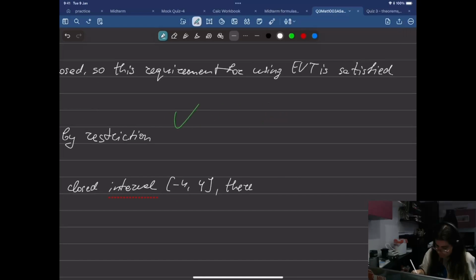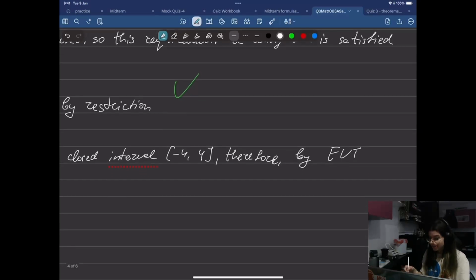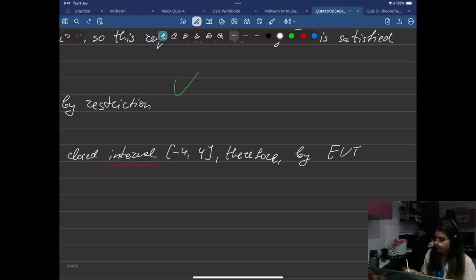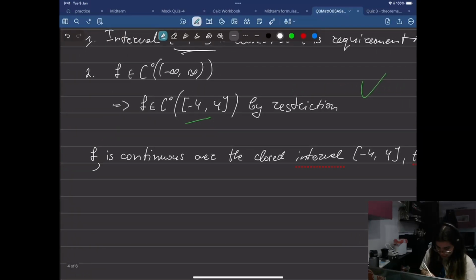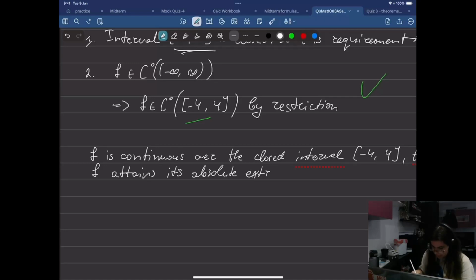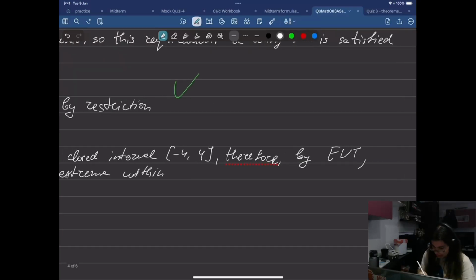Therefore, by EVT or Weierstrass theorem, if you get to understand how to write this thing, therefore by EVT, f attains its, and now you can either write maximum and minimum, or extrema, or absolute extrema is probably best. Absolute extrema within that interval